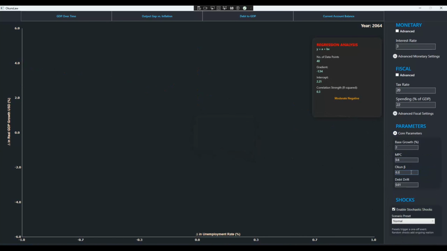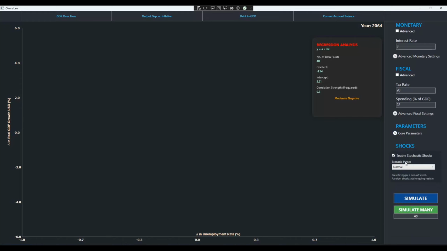So we can increase the Okun beta coefficient to 0.5, and now once again, simulating 40 years, running the regression, we can see a shallower gradient of 1.1, which is less than the 1.54, and then we can see a correlation R-squared strength of 0.35, which was within the 5% give or take